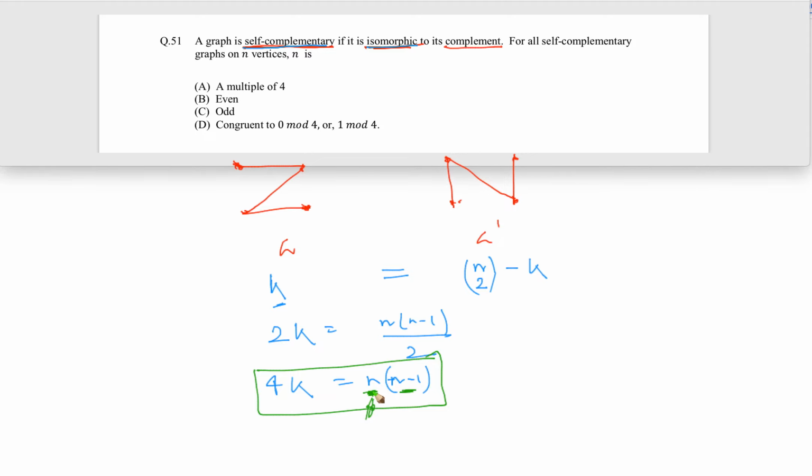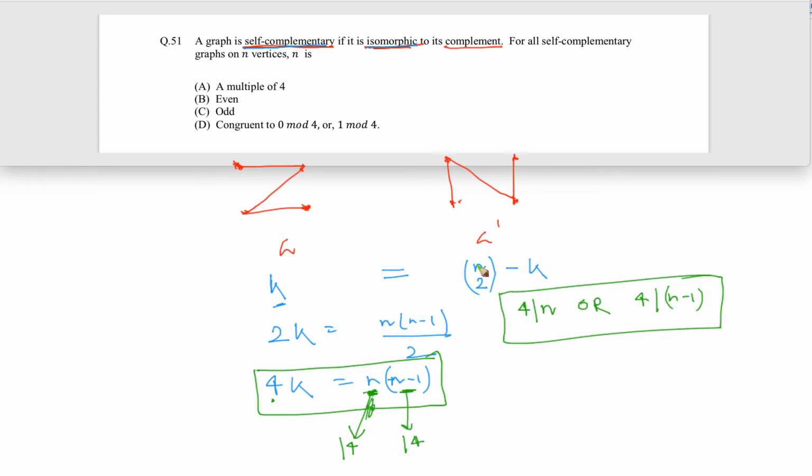Whichever is even, since the product is 4k, that must be divisible by 4. If n is odd, then the other factor is going to be even. So my point is that either this part is divisible by 4 or this part is divisible by 4, which means the entire condition can be written simply as an or statement: 4 divides n, or 4 divides n minus 1. That's all